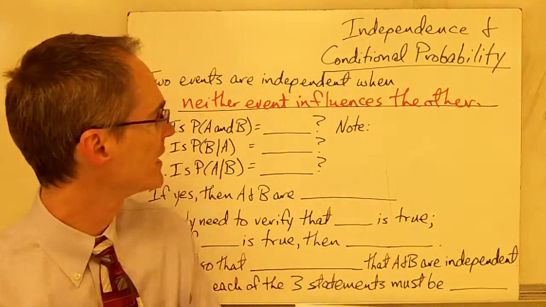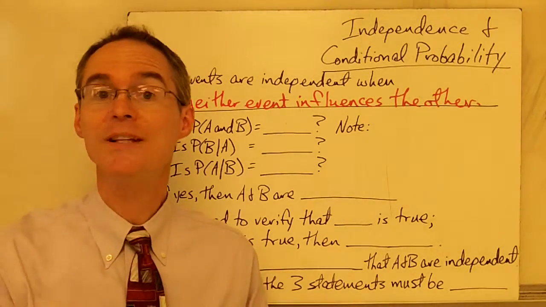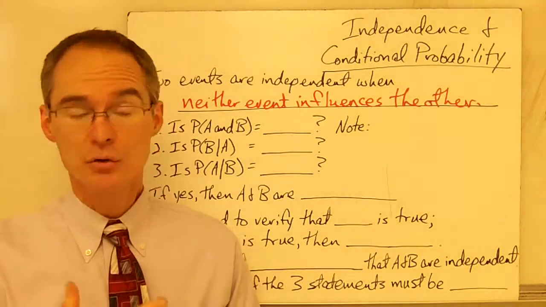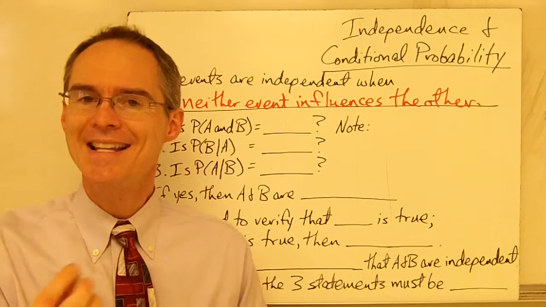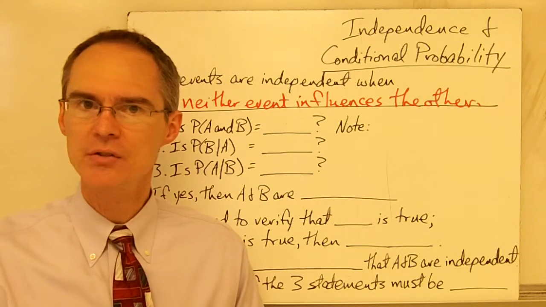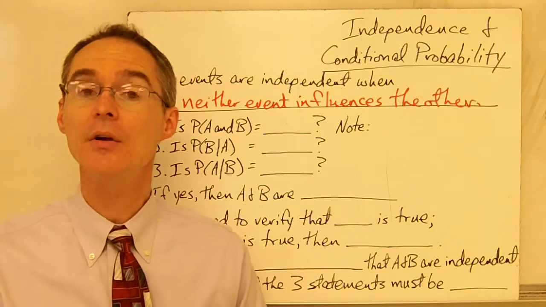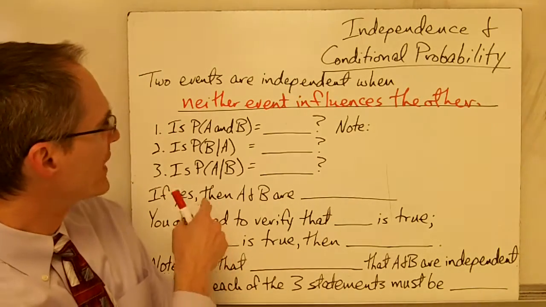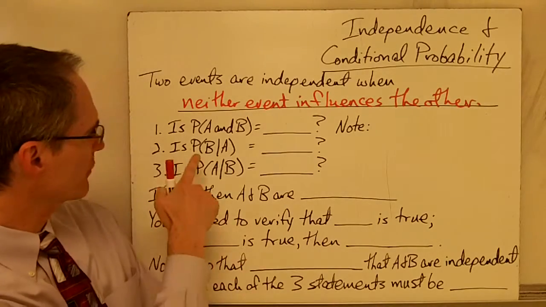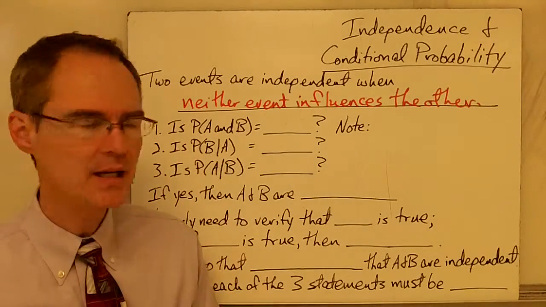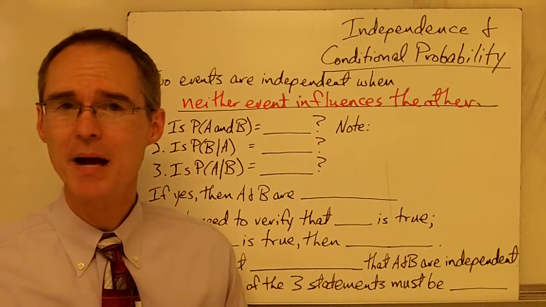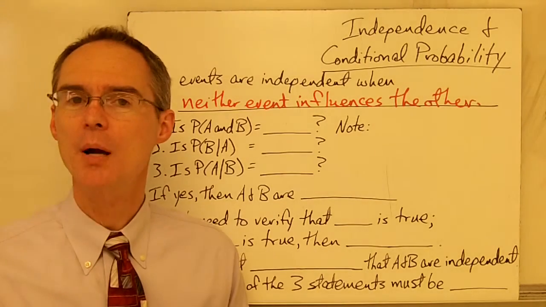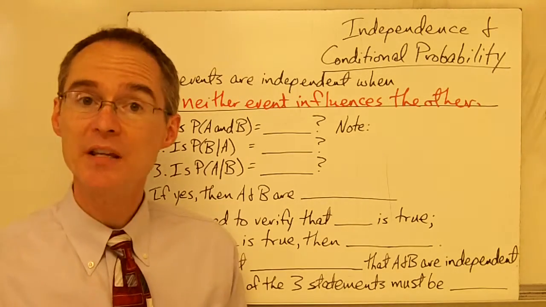For example, if we know that one of the events is rolling a die and the other event is drawing a card from a deck of cards, it's easy to tell that those two events don't have any influence on the other, therefore they're independent events. Well, what if we don't actually know what the events are? We just refer to the events as A and B. Well, if we know something about the probabilities, the numerical probabilities of those events, then we can figure out if